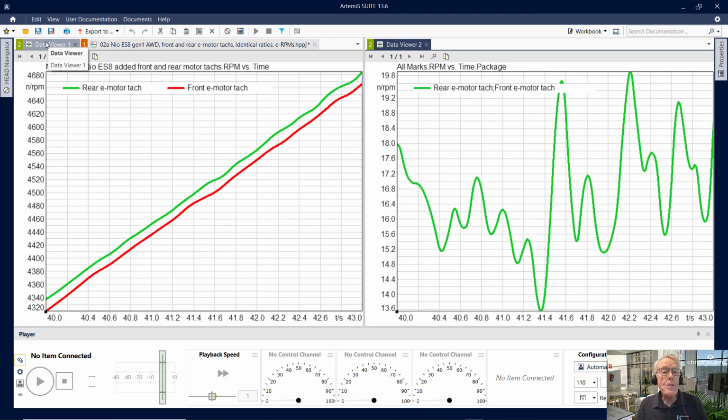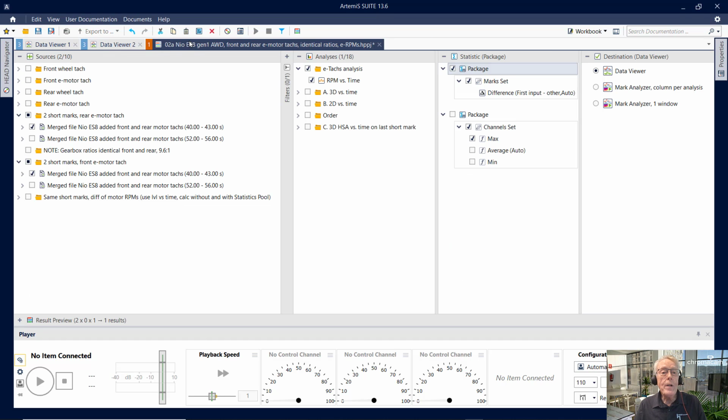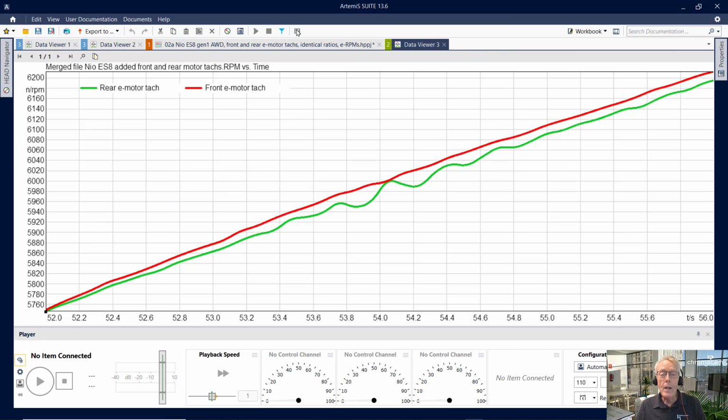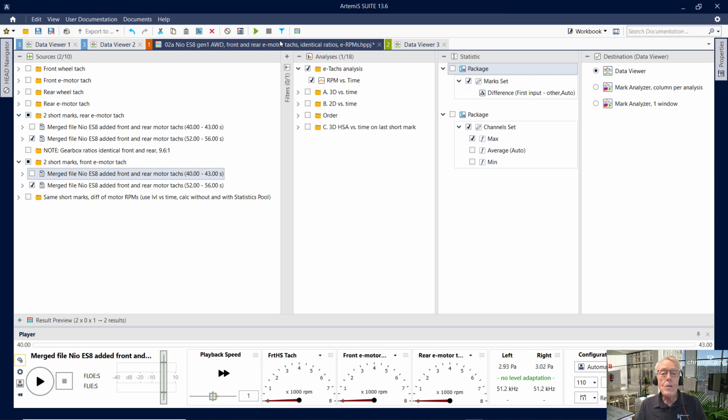By the way, another tip to show you is that with Control F2, we can change the type number of a window. So I'm going to make these two a type 3 window. Then I'm going to go back here and calculate the second mark, which is at the higher RPM, without the package to get the tachometer histories of that mark. Then return here, put the package on, taking the difference,